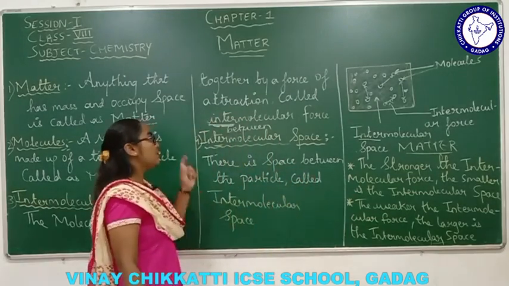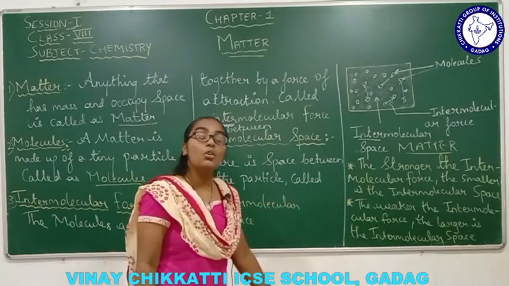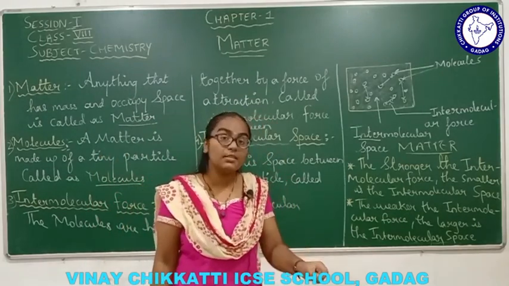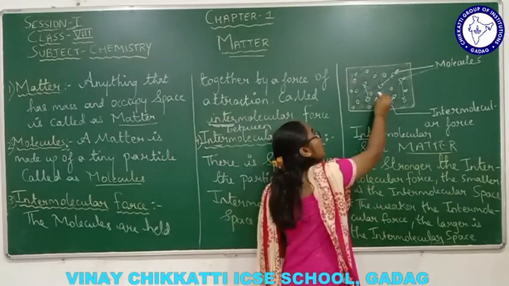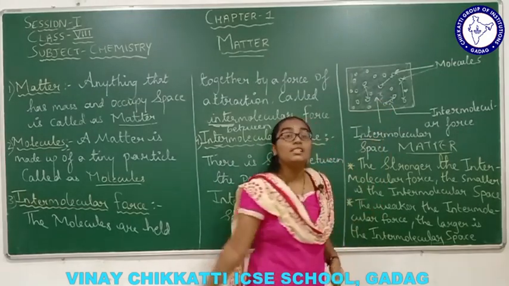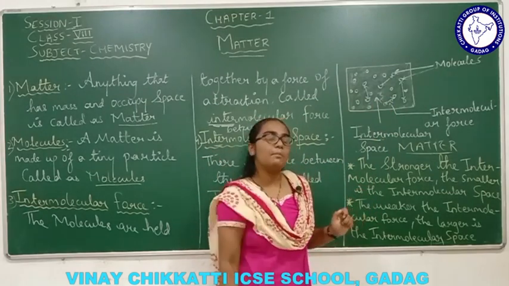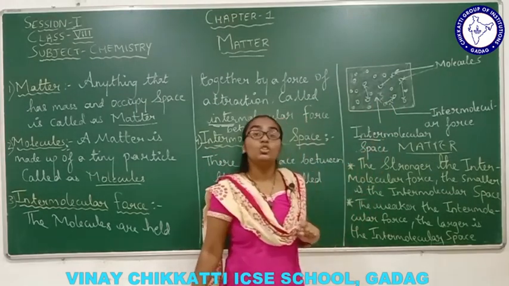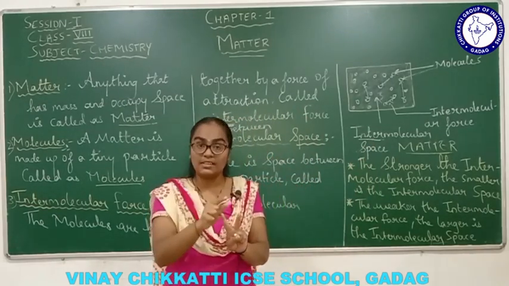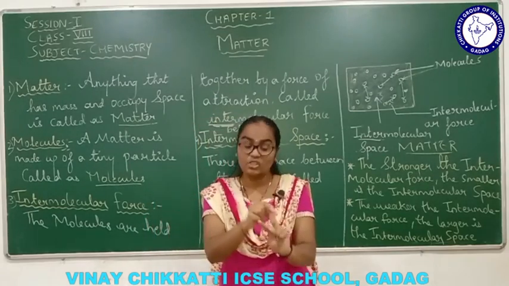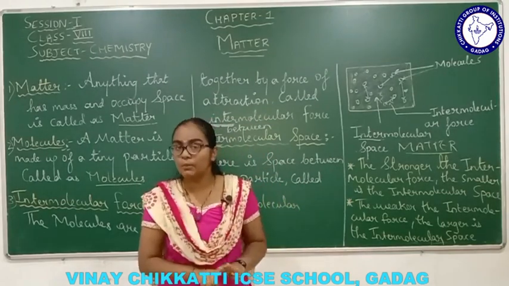Then apart from that, there is another terminology, which is called intermolecular space. Now what is intermolecular space? Again the same thing: inter means between. Between the molecules there is space, the shaded portions which I had shown. This is nothing but space. Space means gap. Between the molecules, an empty gap will be there, and that gap is called intermolecular space, right? So these are the terminologies you people have to understand. First one is matter. Second, intermolecular force of attraction. Third, intermolecular space. These three terminologies are very, very important over here.